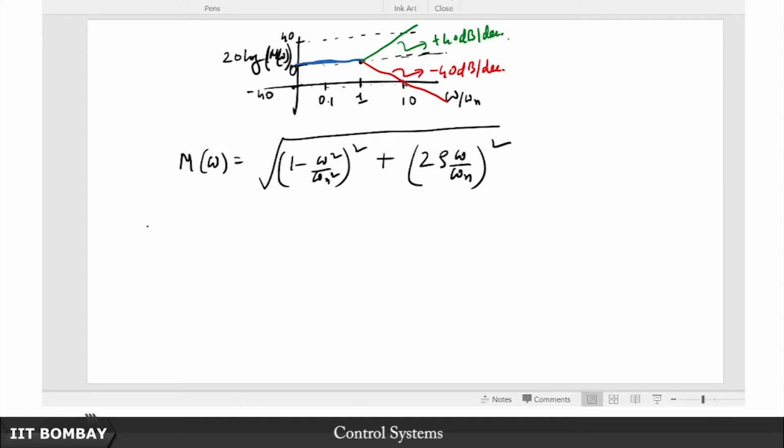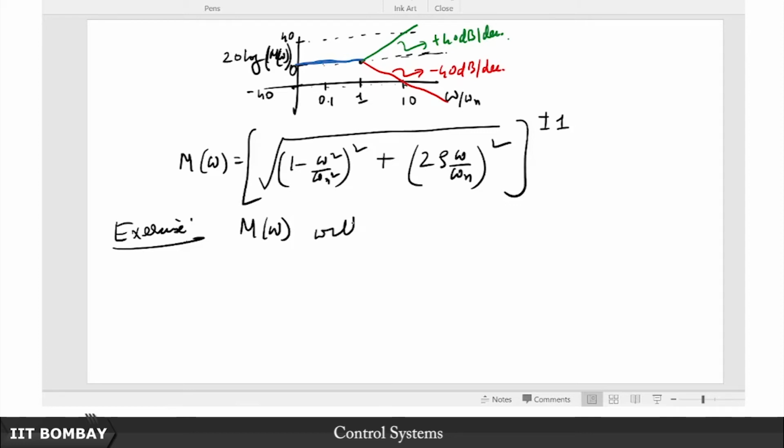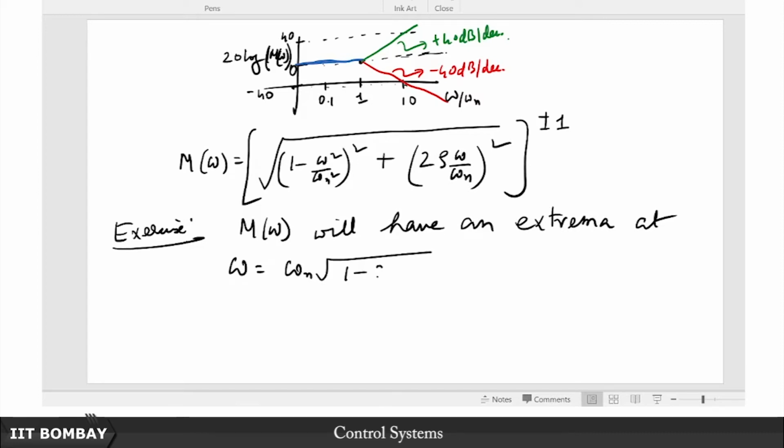Now I leave this to you as an exercise to check that M omega, let me put that plus minus 1 sign as well, will have an extrema, by which I mean it could be a minima or a maxima. So M omega will have an extrema at omega equal to omega n times the square root of 1 minus 2 zeta squared,